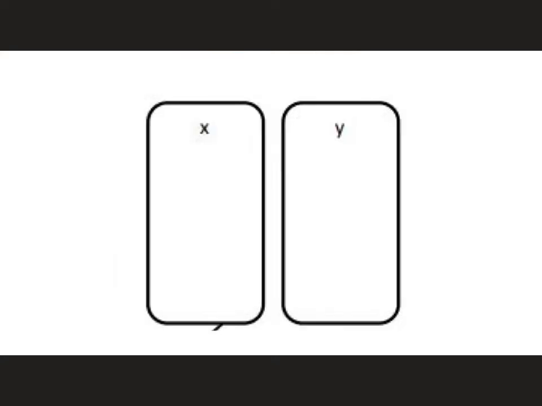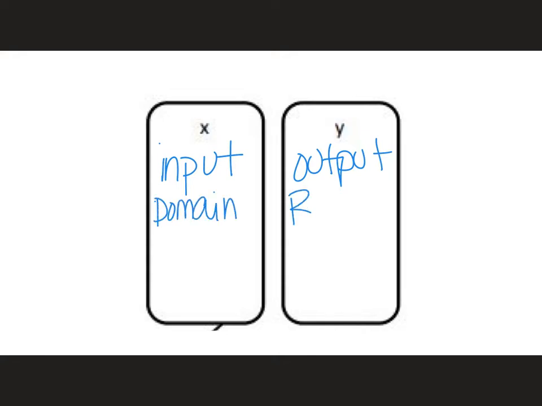Here we have x and y. X and y can be called different things. Your x values would be the input, while the y would be an output. If you notice, there's a relationship there. X gets input, y gets output. Then we would have domain and range,